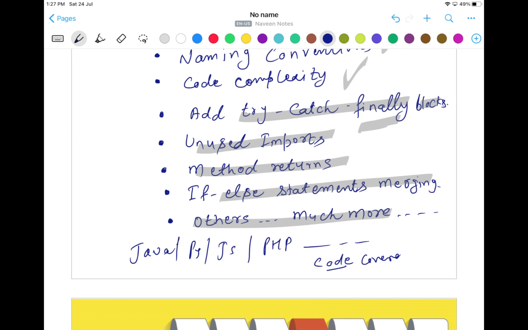Along with that, it will also give you the code coverage. What is code coverage? It will check how many unit-level test cases you have written. It will tell you the unit test case coverage, or code coverage, showing how many UTs you have written against your methods, utilities, or libraries that you have already covered in your framework or in your system.